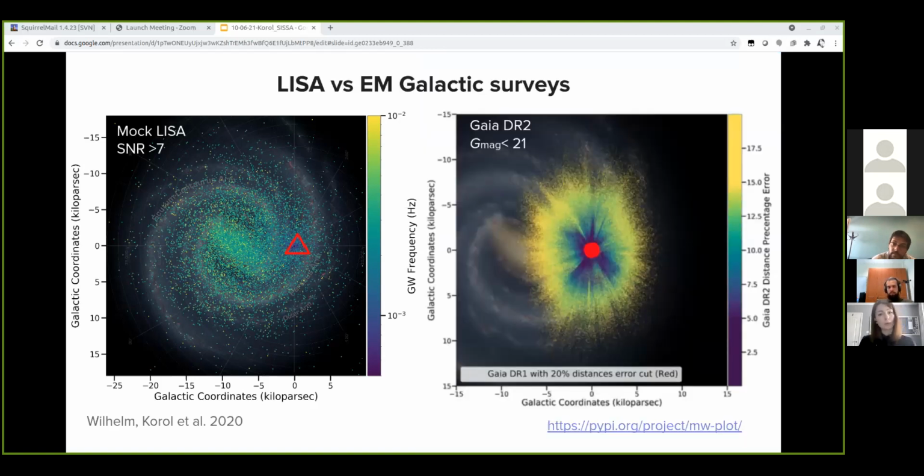So here I wanted to show you the comparison with Gaia. And Gaia, even in 2030s, will be the largest optical survey of its kind. Of course, optical surveys affected by different selection effects can see significantly more stars, but their observable volume is limited to our side of the galaxy.